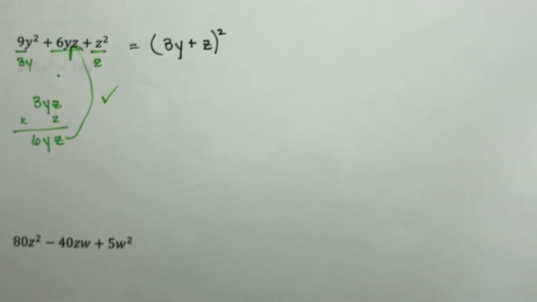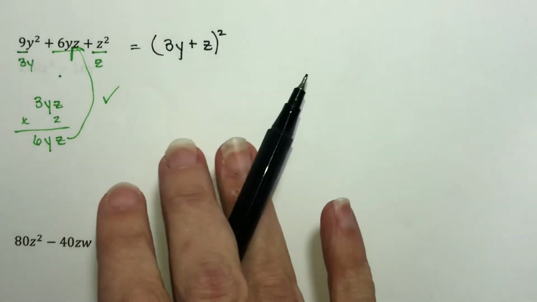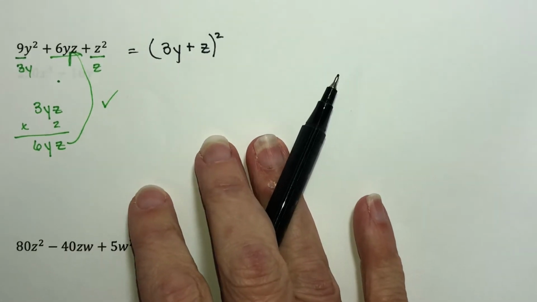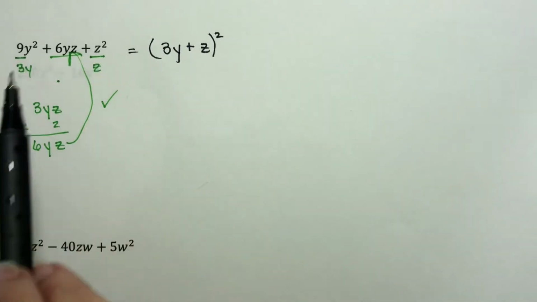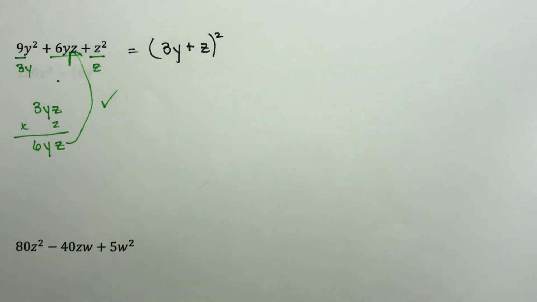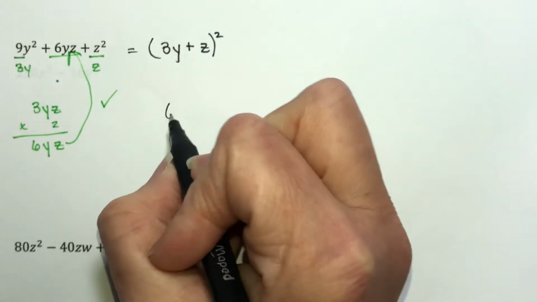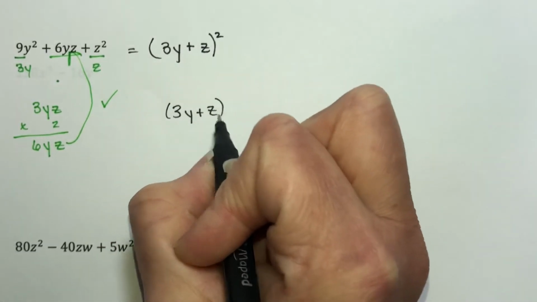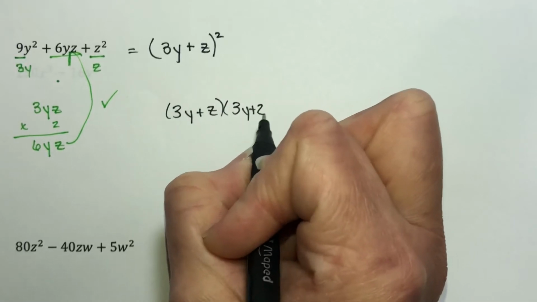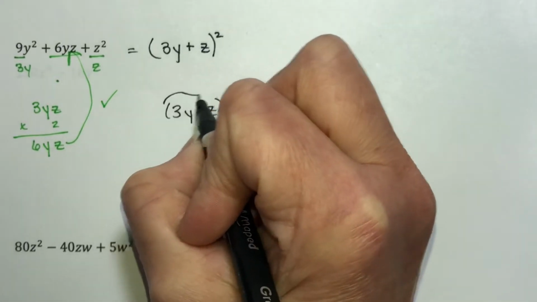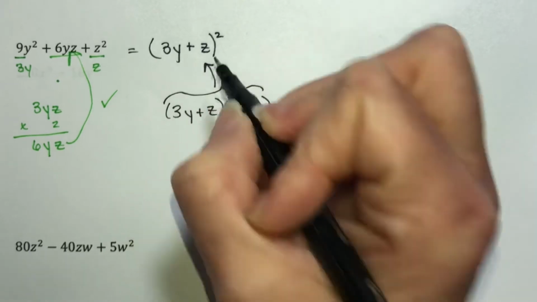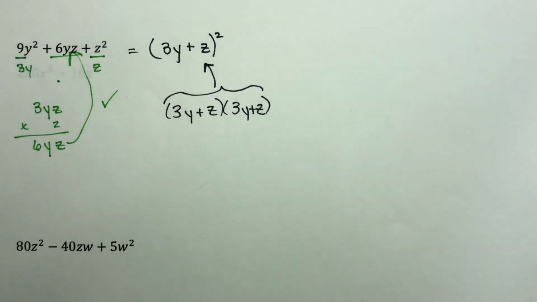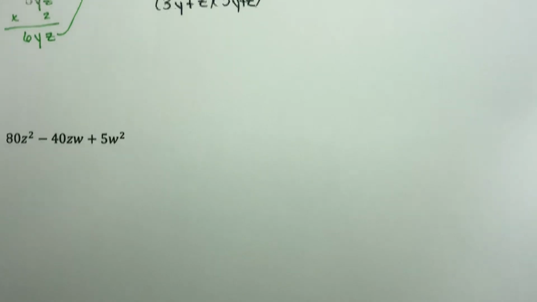Now, like I mentioned earlier, you can do this using what we learned in section 6.2. You can multiply these together, look for 2 numbers that multiply to 9 and add to 6, replace the middle term, factor by grouping. You would end up with 3y plus z times 3y plus z. And I expect that you would recognize that this can be rewritten like this. And you probably need to slap yourself on the forehead because you did it the hard way. Okay? All right. So let's try